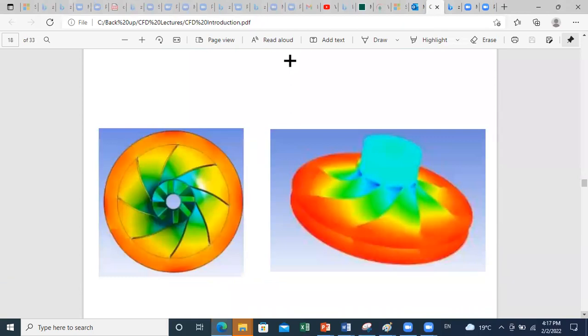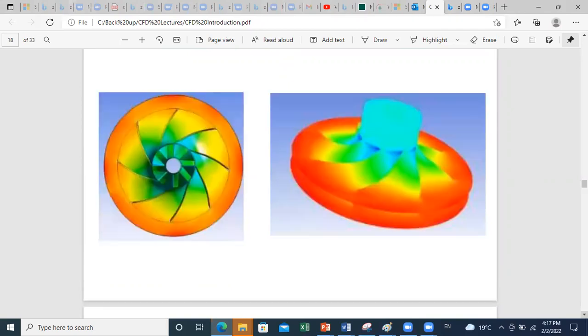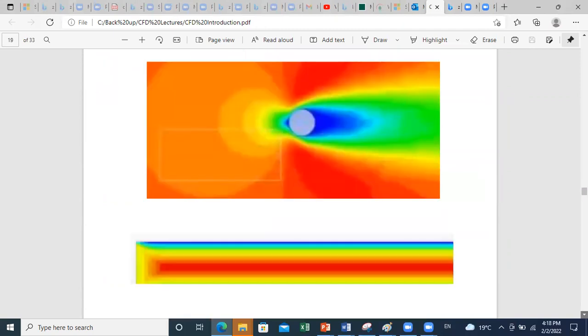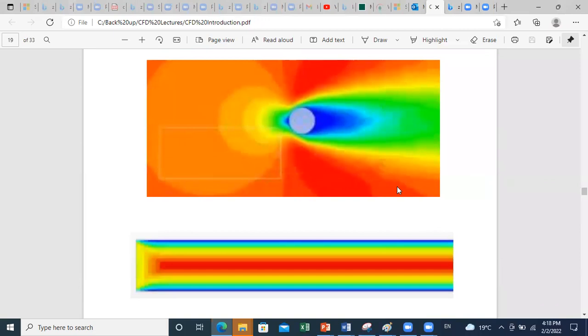Here we can see the performance of a pump. Also, you can study performance of pumps and performance of turbines using ANSYS Fluent. Here, for example, you can see flow over different shapes. So here, this is the case of flow over a cylinder. As we already did some interpretation for the airfoil, you have first a